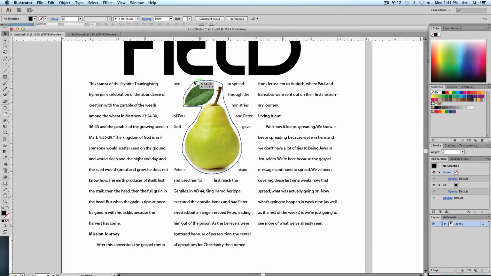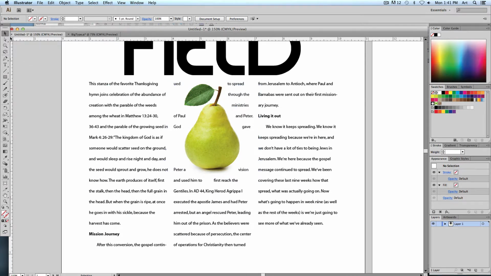The other thing is I need to get rid of my stroke around this one, so I'm going to set that to none too. If I was to read this, does this read very well? It's too broken up. I need to readjust some things so that there's no broken spaces in here. The easiest thing you can do if this happens, if you get little trapped words inside of here, is to adjust your outline, this little line that we have, and move it around so that it pushes those words out